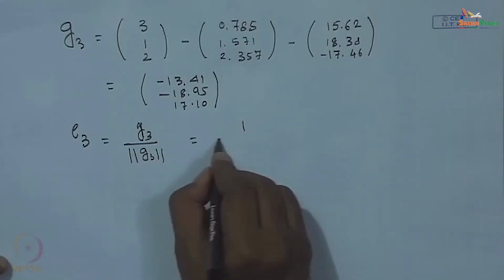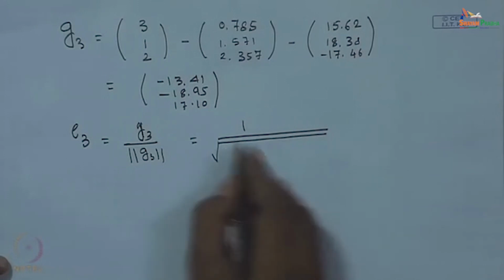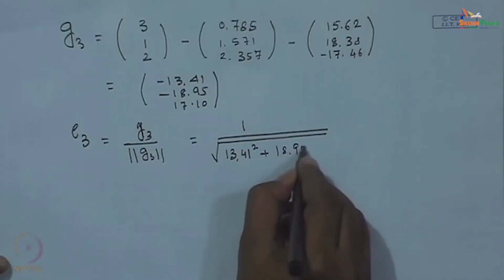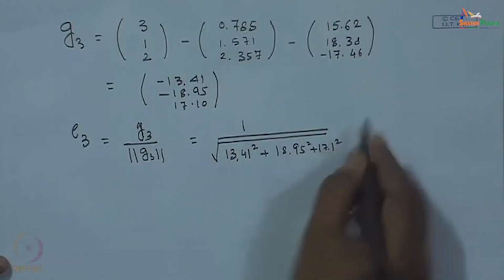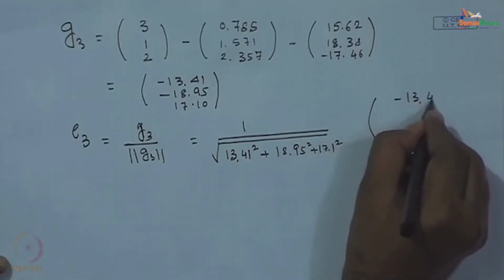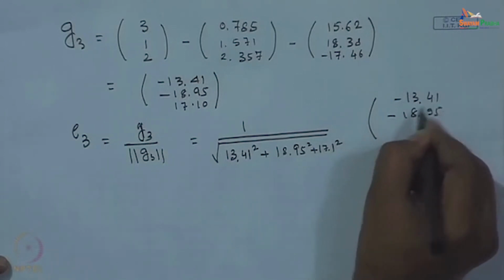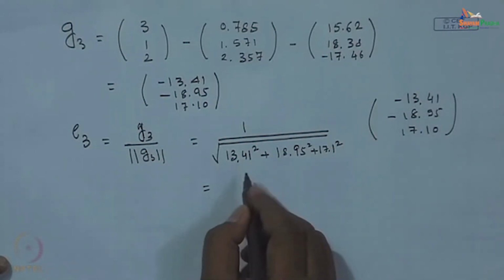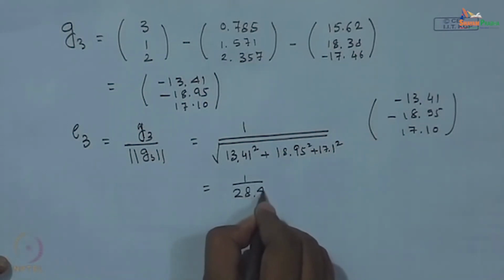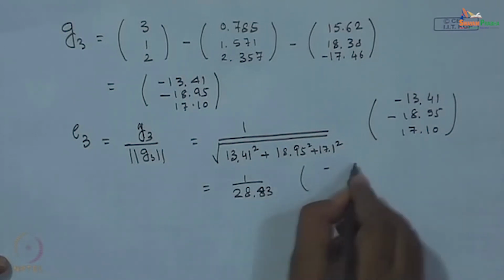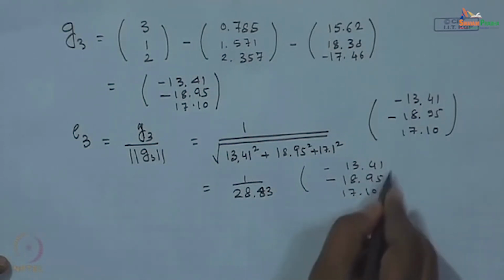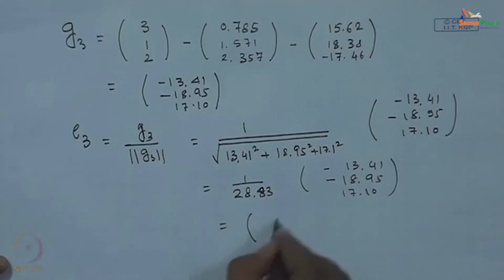So, this will be 1 over root over 13.41 square, this minus will be gone when the square is taken, 18.95 square plus 17.1 square, and this will be minus 13.41 minus 18.95, 17.10, and after taking the square root this becomes 1 over 28.83 minus 13.41 minus 18.95, 17.1,